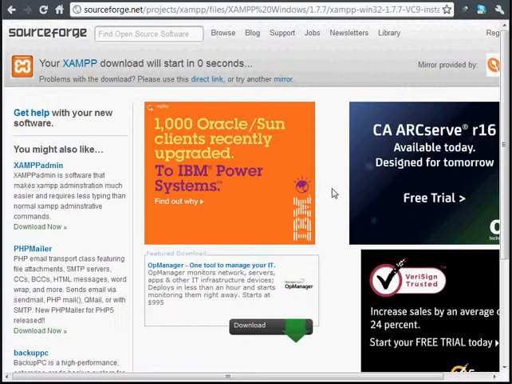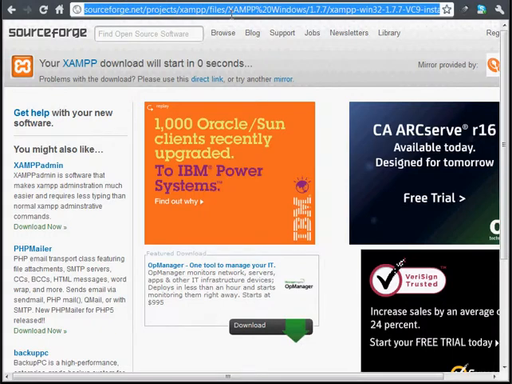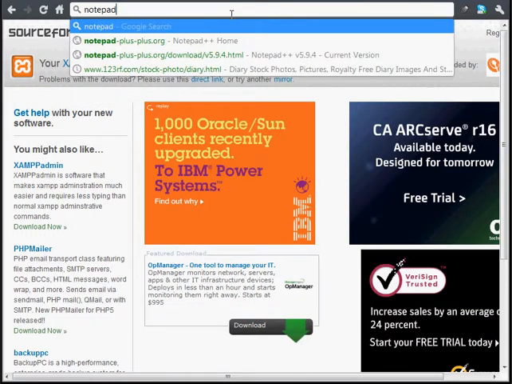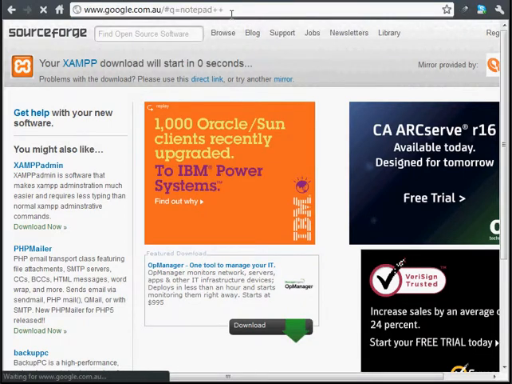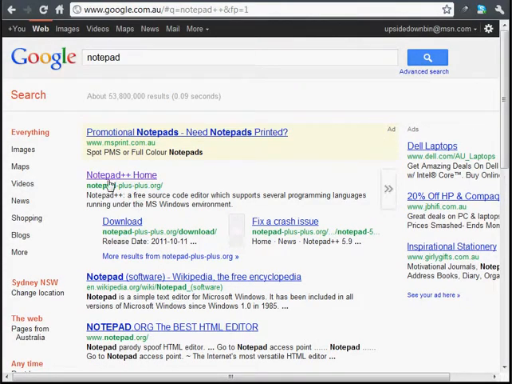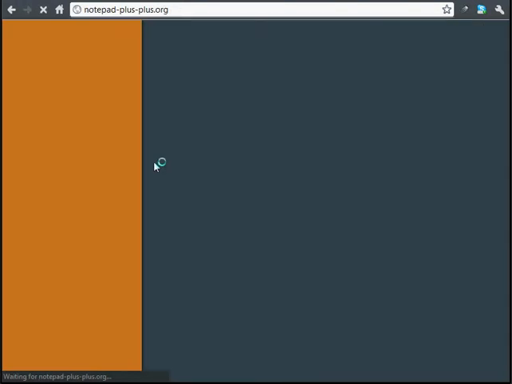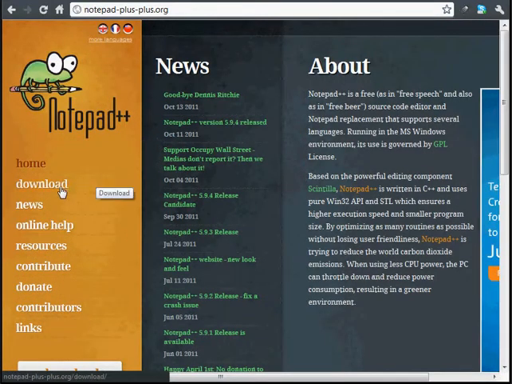It's just easier to read it if you have a code editor. And a really good free one is Notepad++. So just Google Notepad++ and it'll be the first one here, notepad-plus-plus.org. So if we go into that and download,